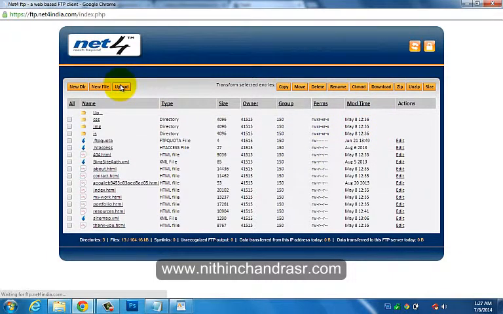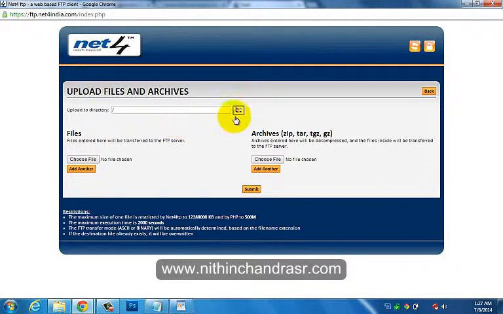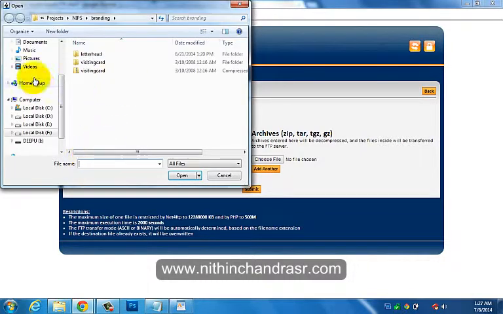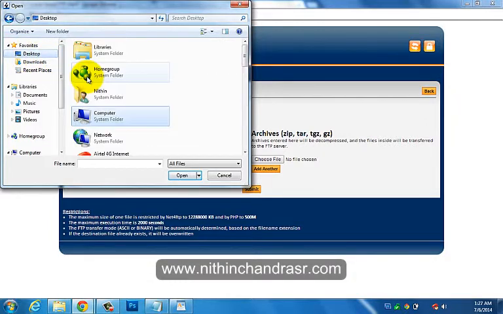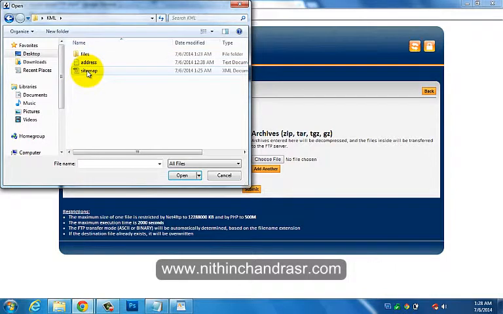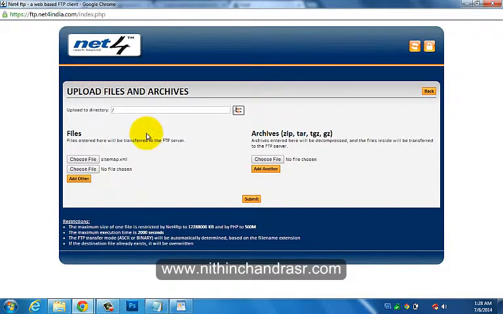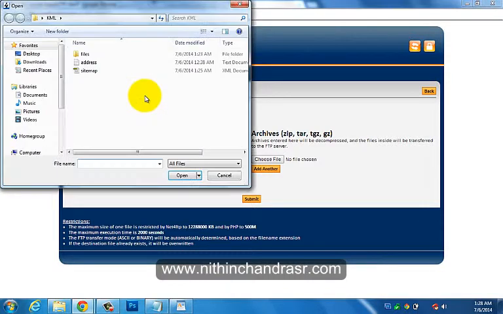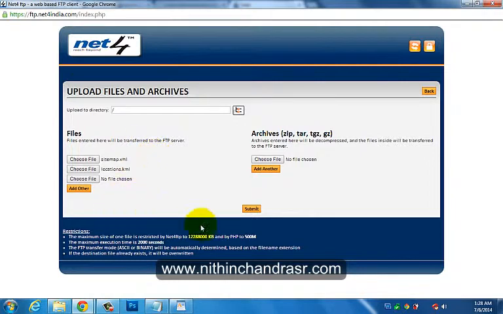We'll say upload, choose the file. This is the modified XML document where we added the XML location to the sitemap. So I'll add the latest sitemap.xml file and the location.kml file, and submit this.